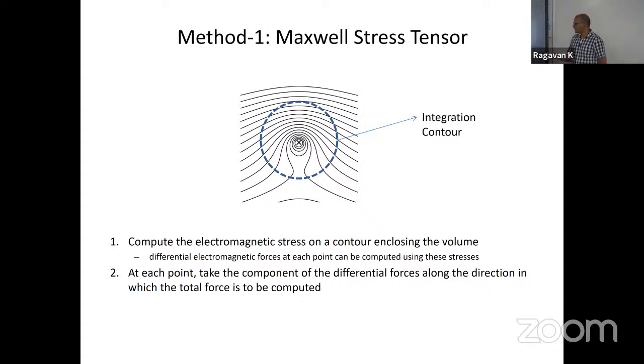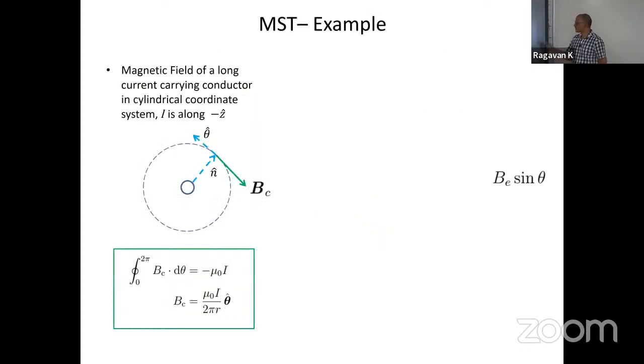Find out the electromagnetic stress. I'll take you through these steps with the help of the math. So let's first look at what is the field of the conductor. The field of the conductor, I think you all can derive, is for a uniform, long current carrying conductor into the page. So B is given by mu naught I by 2 pi r. It's along the tangential direction at every point, right?